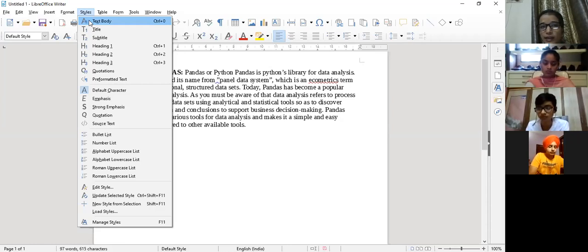Heading 1 is a style name, Control plus 1. Heading 2, Control plus 2. Heading 3, Control plus 3. Clear? These are the shortcut keys for these styles. Next, there's a shortcut key for update selected style. The feature name is update selected style.